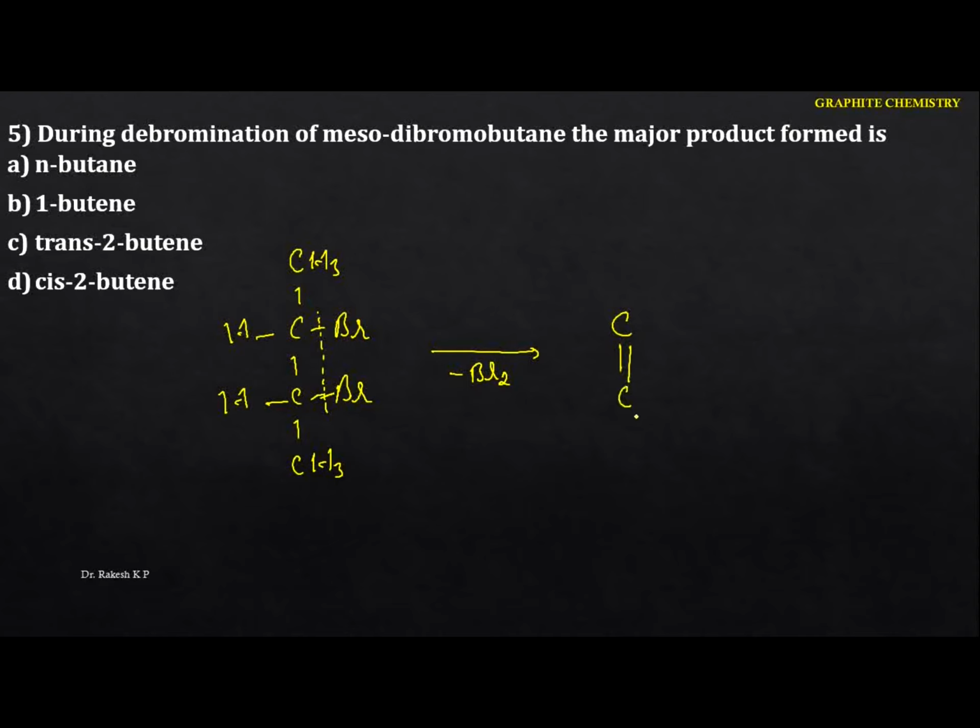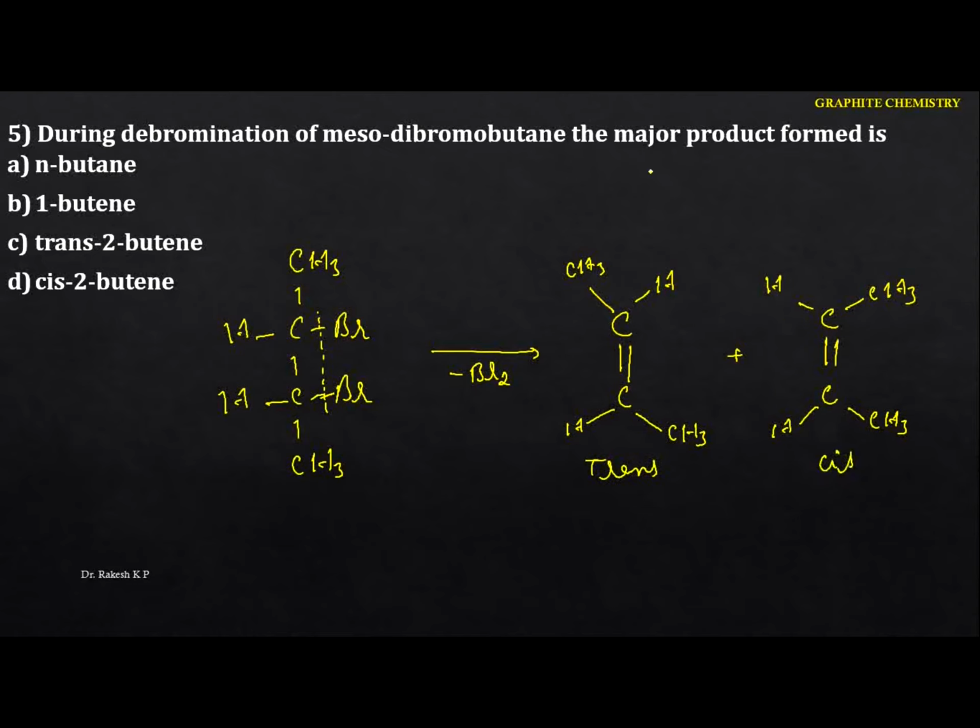Okay, and now see the possibilities. One is the CH3 comes here, and the H will be like this. And the next thing is the CH3 will be like this, and the H. Another possibility is the carbon to carbon double bond, and here we are going to get the CH3, and here also the CH3, and this is the H. That means the identical atoms or groups of atoms are on the same side, but here they are on the opposite side. So this is what you call the trans, and this is the cis.